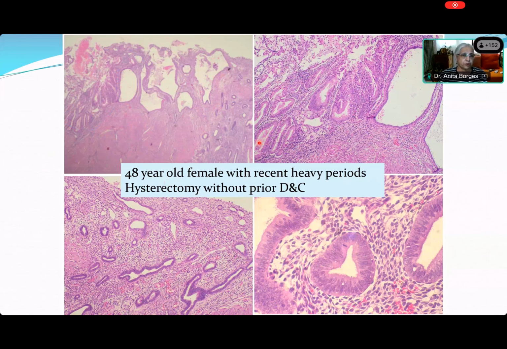How do you know that there's proliferation? The glands are very nice, but how do you know that there is proliferation? The gland shows the mitosis. There's one big fat mitosis right here. Can you see it? Where my cursor is? You cannot get back-to-back glands, and you cannot get these cystic changes in the endometrium.